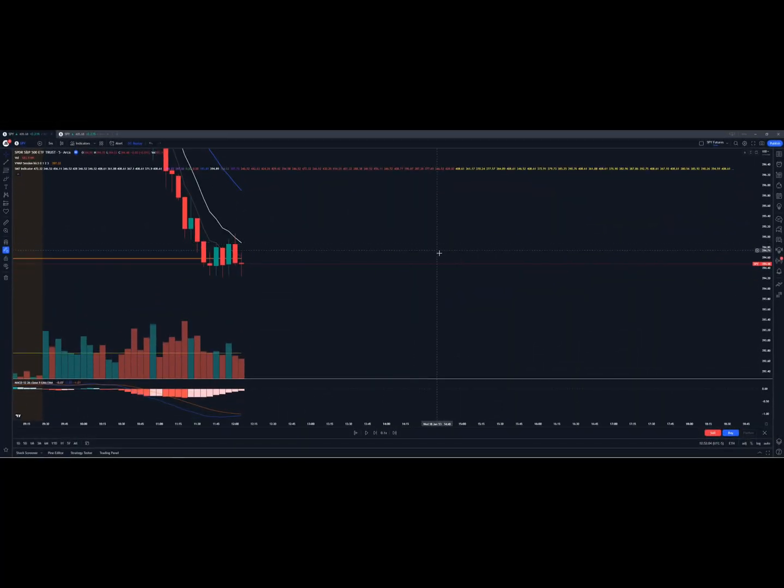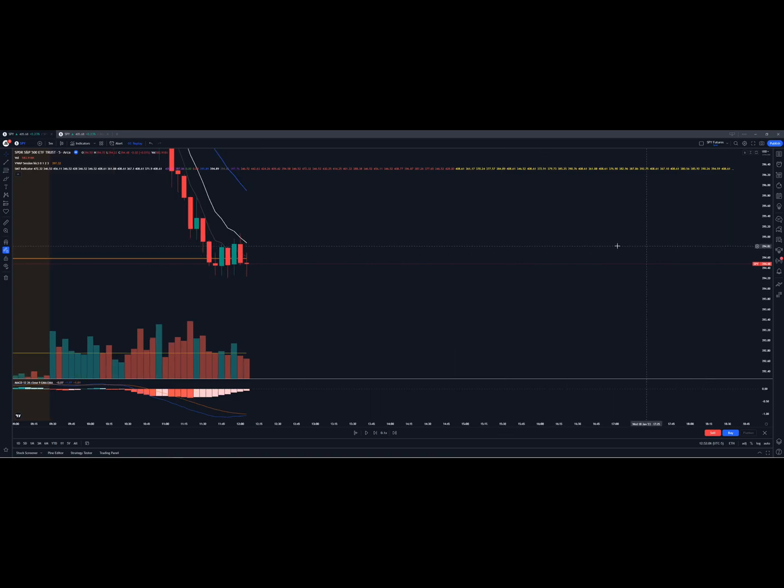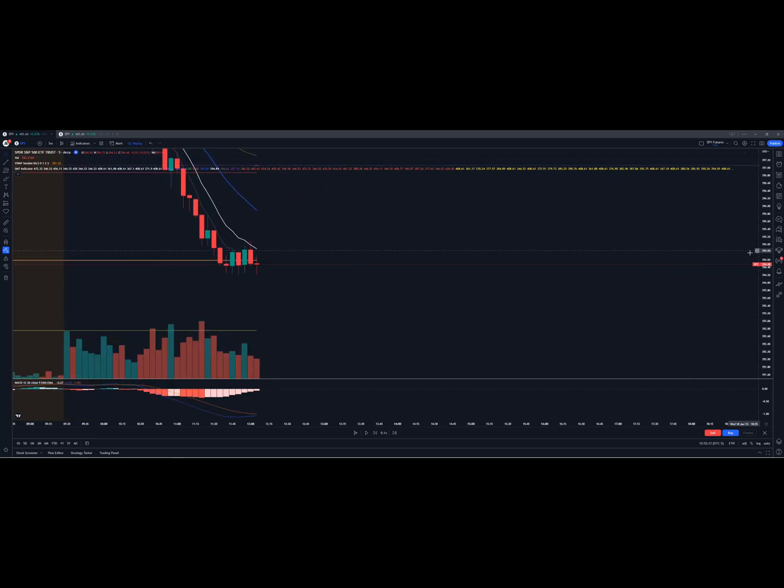So the first pattern that we're going to talk about is a bear flag. The bear flag is a bearish pattern. It's a bearish continuation pattern. And usually, if you want to take bear flags, you want to do this on days where we have